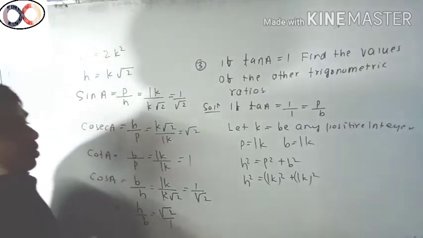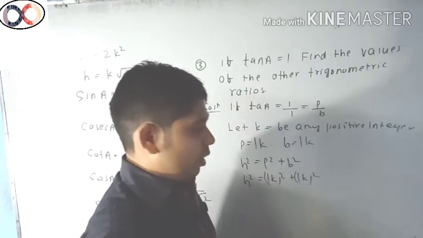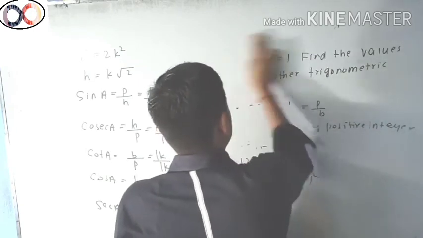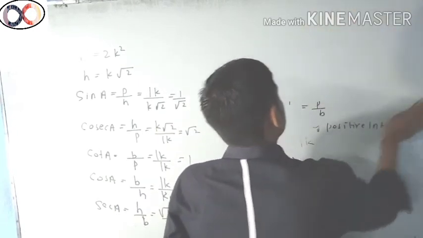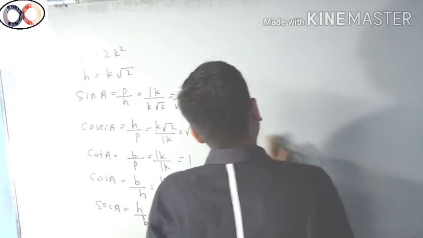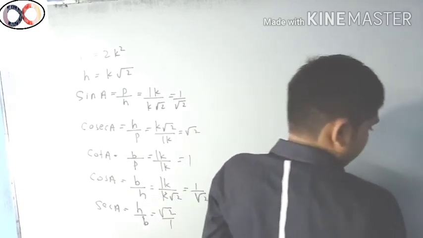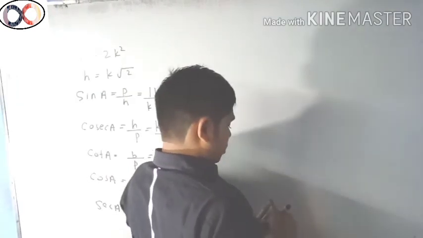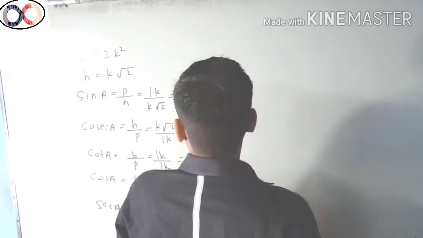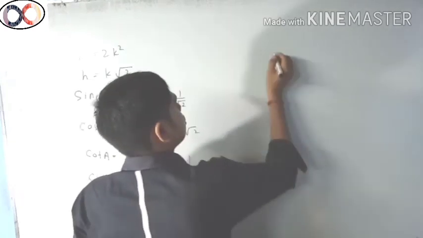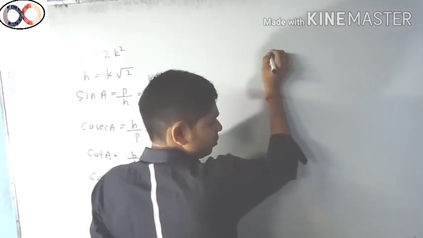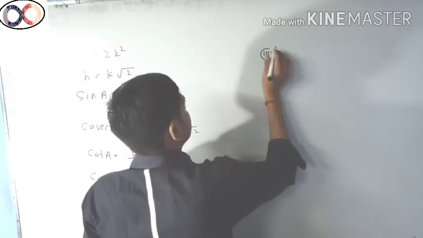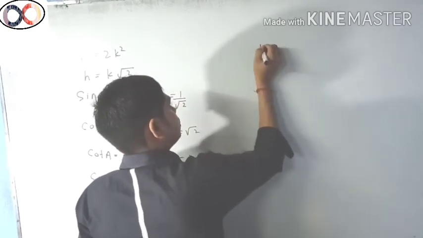Okay, so this is the question, students. I solved 3 questions from R.D. Sharma. All the questions belong to R.D. Sharma, Level 1, Exercise 10.1. So you should solve some of the questions. I am going to give them to you as homework. I solved 3 questions, so I am going to give some more.